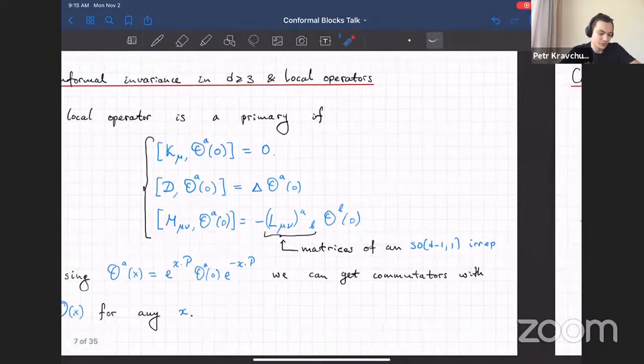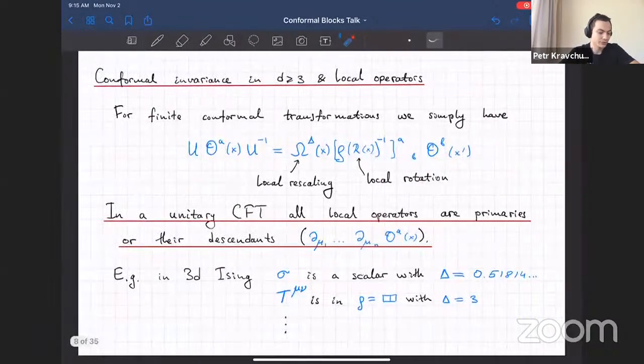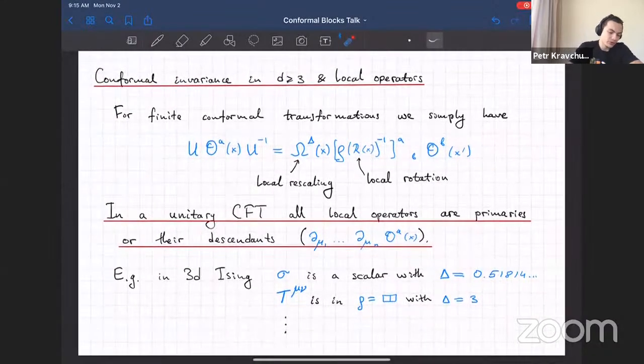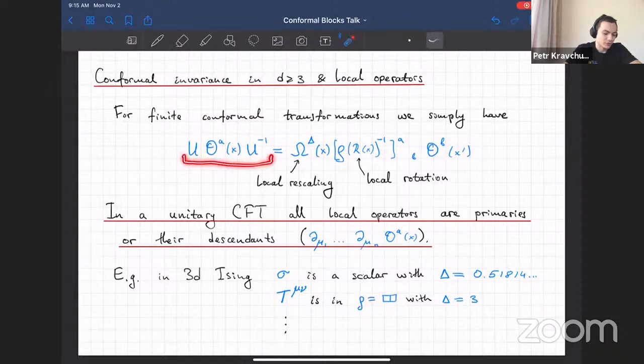The important point is that by working through this, you can check that for a primary operator, the statement for finite conformal transformations, so not infinitesimal, but finite conformal transformations given by some unitary operator U, which sends x to x prime,